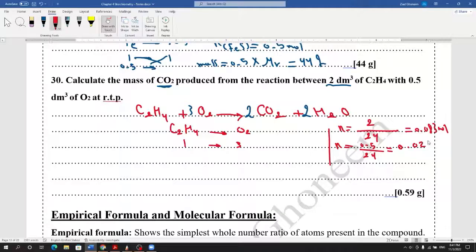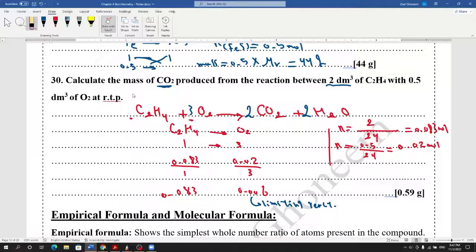Now the number of moles for oxygen will be equal to 0.5 divided by 24, should be equal to 0.02. Now we place these numbers right here, and that one is for ethene, and then divide them by their coefficient. That's divided by 1, that one is divided by 3 from the balanced chemical equation. Right? That gives us 0.006 for oxygen and 0.083, meaning that oxygen is the limiting